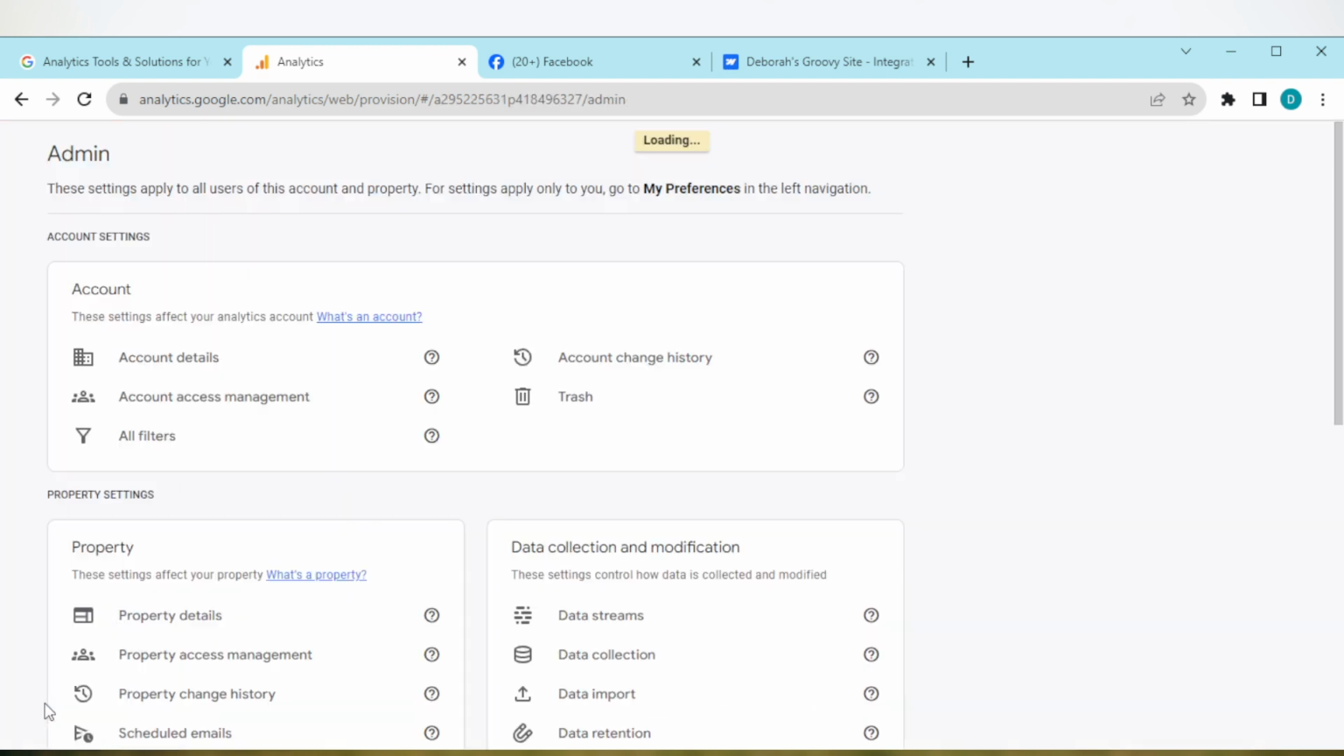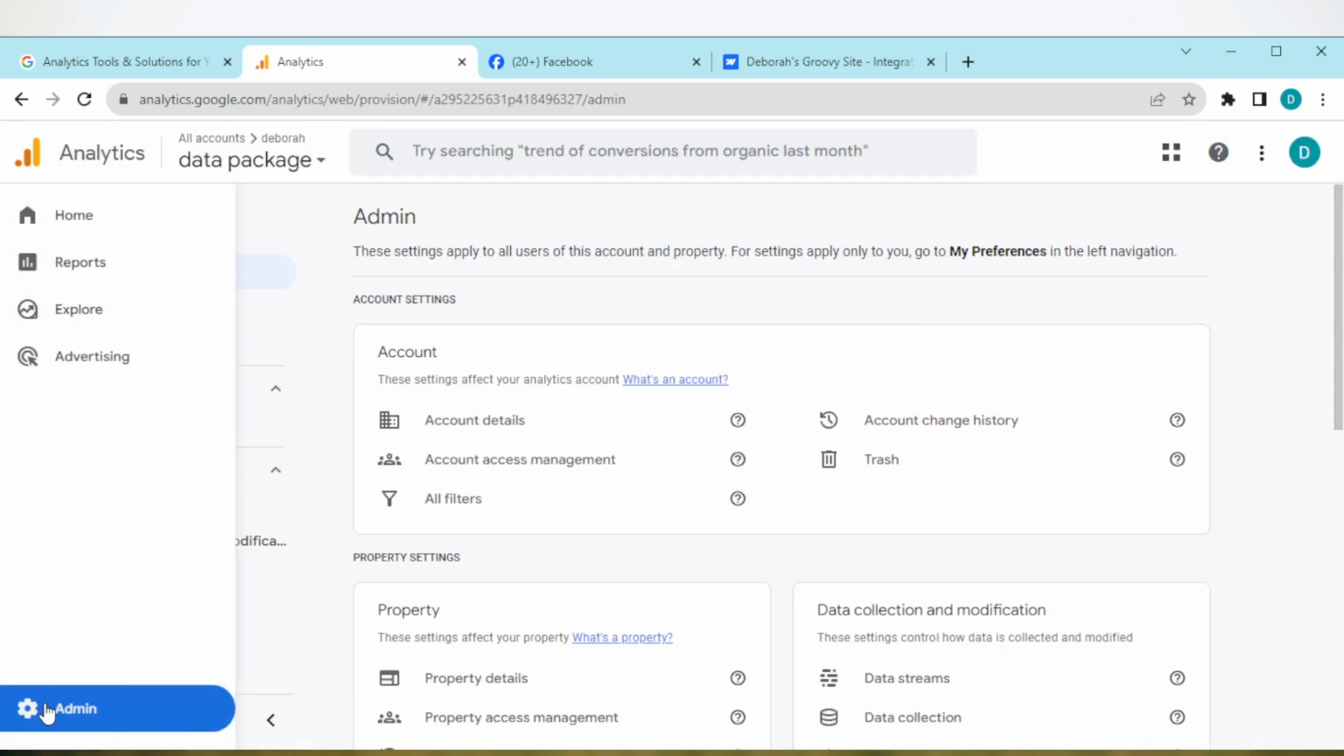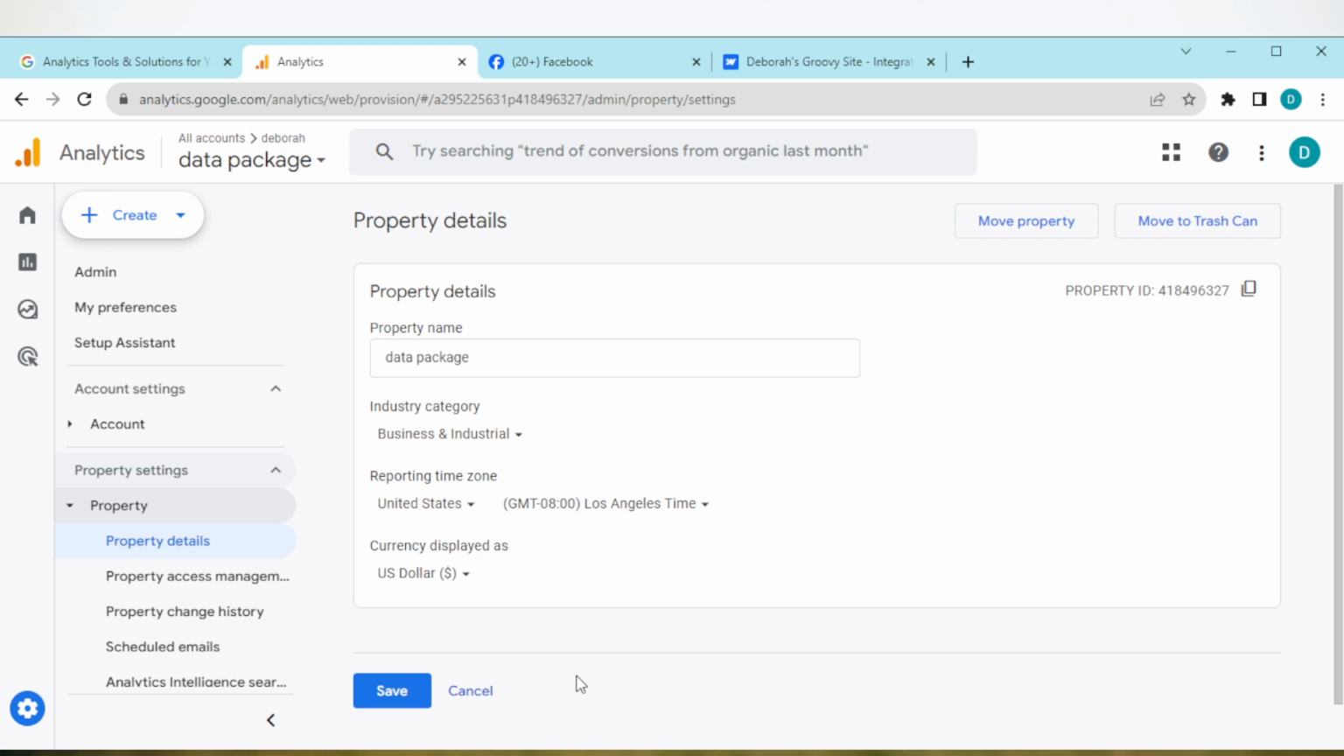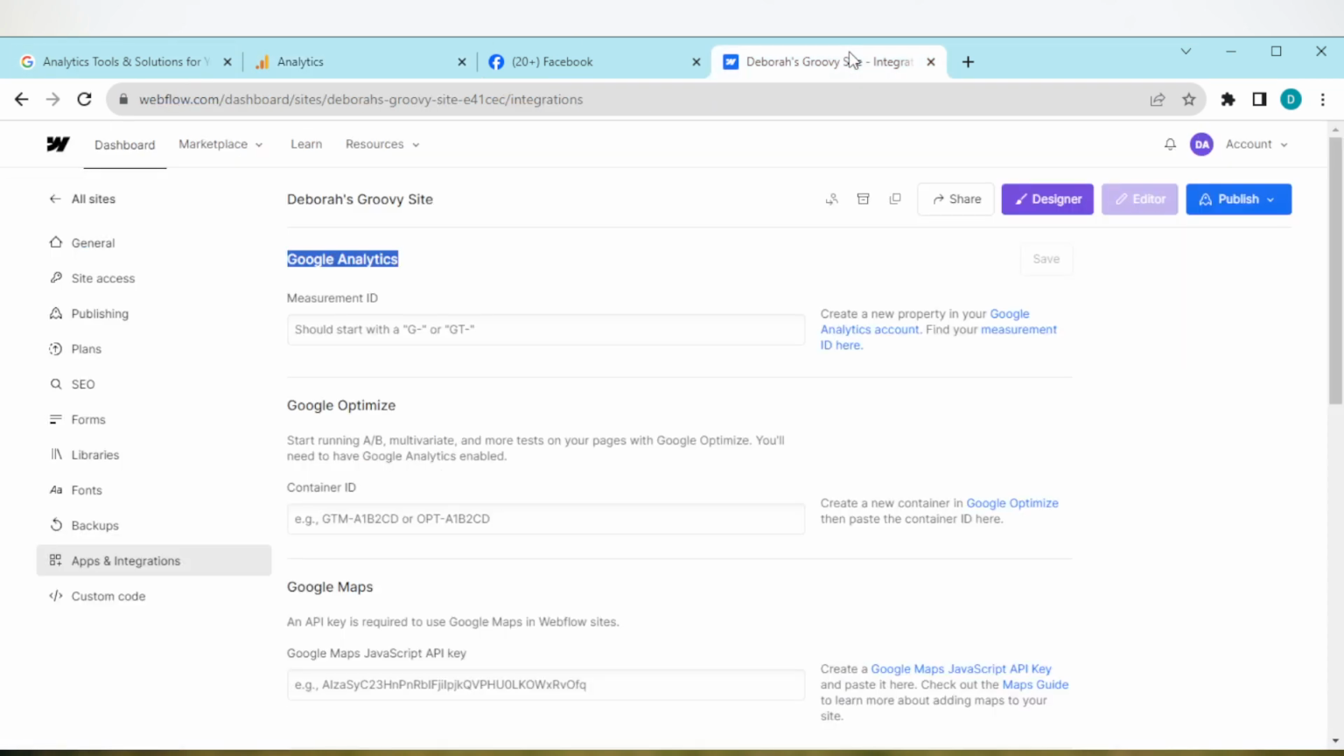So once you click on admin, you'll be taken to the admins page. On the admins page, you'll see account, properties, etc. Ensure you click on properties details. Once you click on properties details, on the properties details page, by the right side of the screen, you'll see the property ID. Alright, click on copy, and then once you've copied it, go back to your Webflow and then